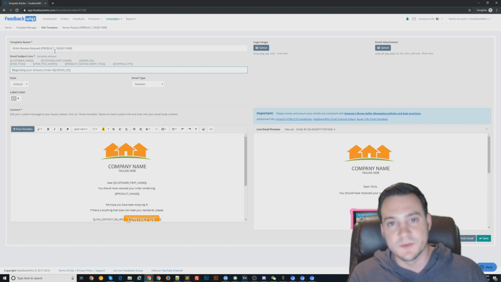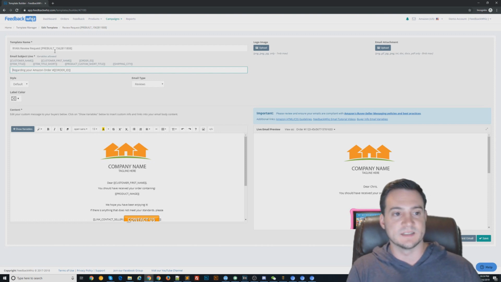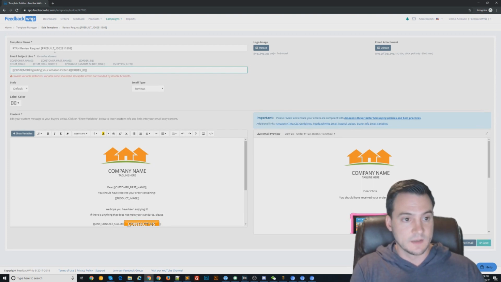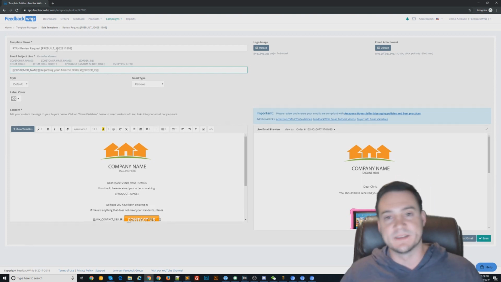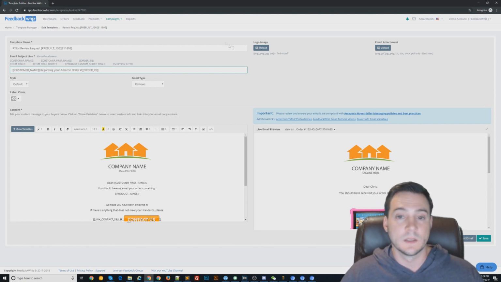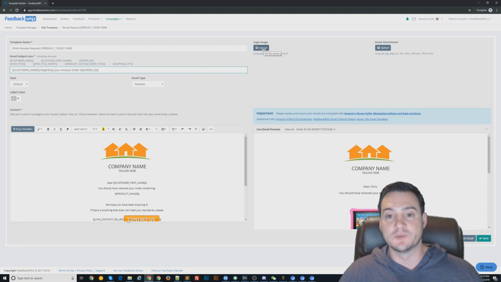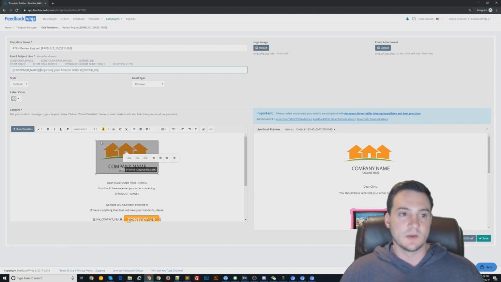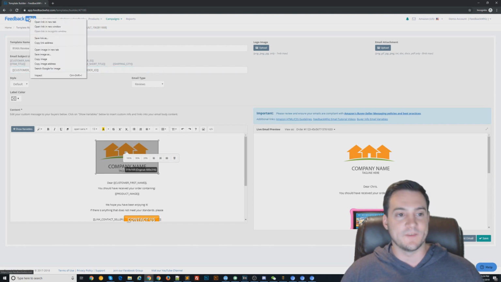Okay, so for email deliverability, to increase the odds of this reaching their inbox, you could say like customer name. But it's getting sent through Amazon's system, so it's going to have high deliverability either way. Logo image, so you can upload your logo here. You don't actually have to do it that way, though. You can also just grab your logo. Like I could grab the feedback logo,